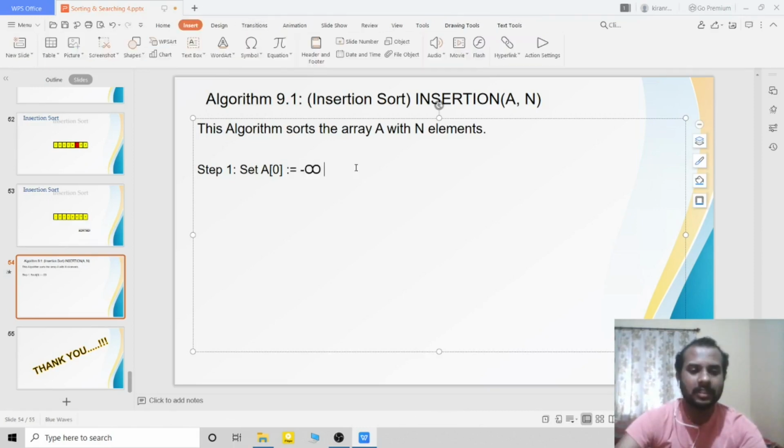Since I am going to make A of 0 my lowest element, I am going to initialize that with minus infinity. So I will write the comment also. Initialize sentinel element. Step 2.